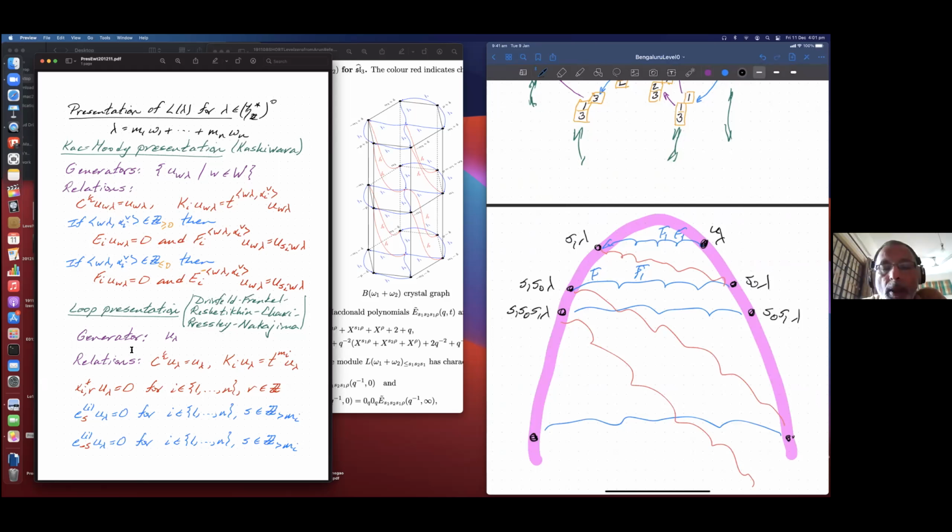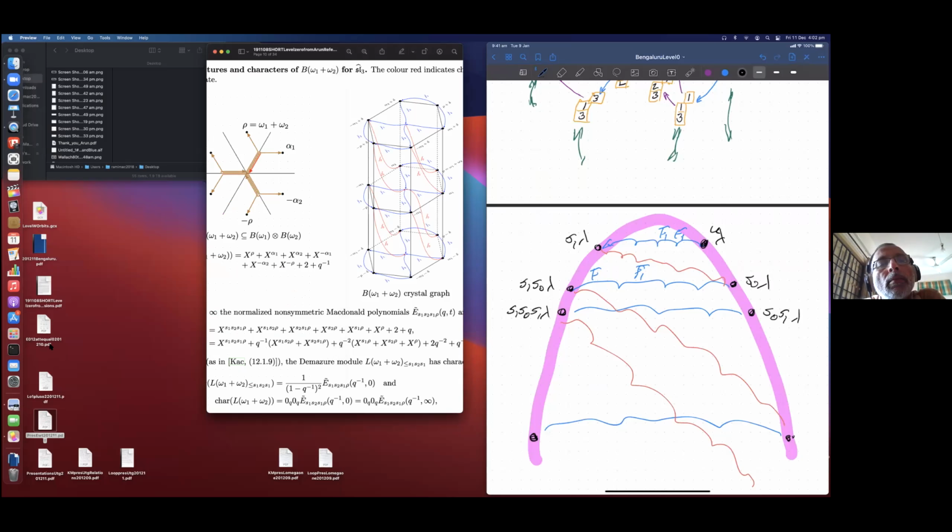Arun, I want to ask you a question. To summarize, you have said that the specialization at t equal to 0 of the Macdonald polynomial, which had 9 terms that you showed us yesterday, is the character of the local Weyl module. Is that correct? That's right. Yeah. Okay. So if you don't specialize at t equal to 0,